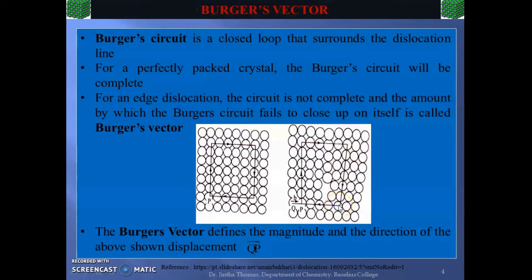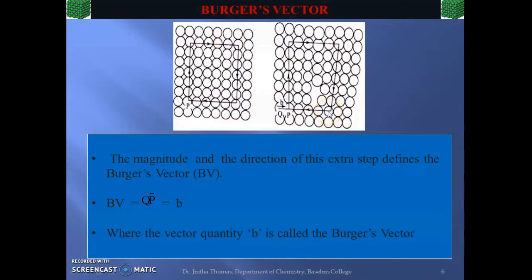And now in order to complete the loop, we are supposed to move left by 5 atom positions, because here we moved to the right by 5 atom positions. Now let's have a closer look to see what happens here. In order to complete the loop, we are supposed to go to the left by 5 atom positions. And let us try moving left by 5 atom positions.